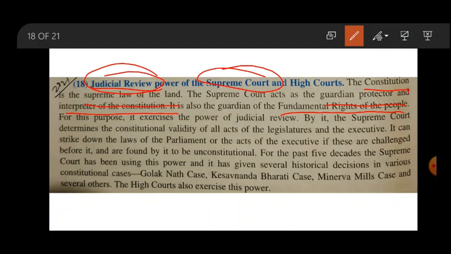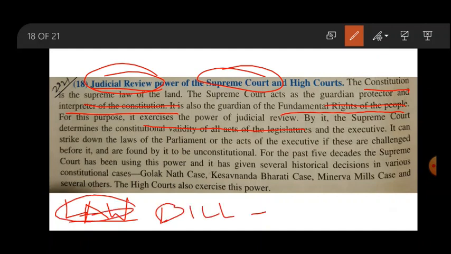So for this purpose, it exercises the power of judicial review. That means judicial review can be, once the bill is passed and it becomes a law,